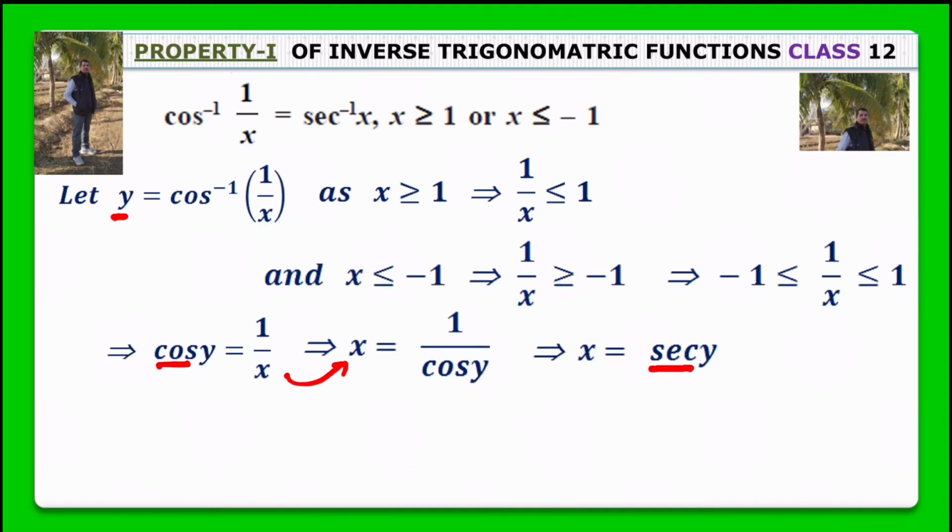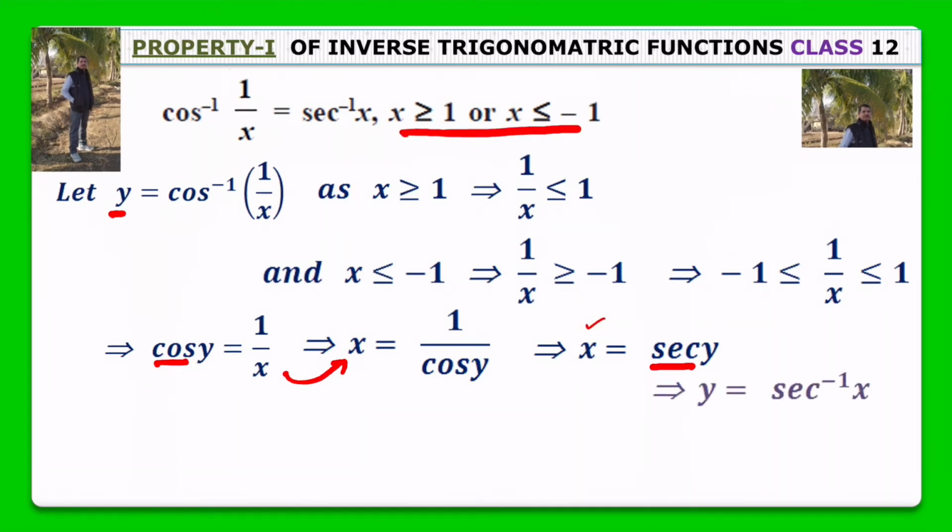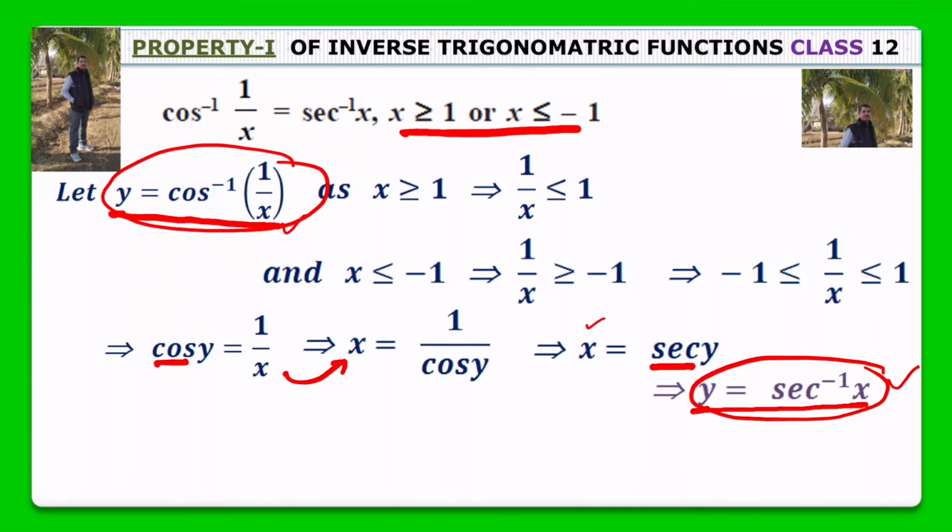Sec y, the value of x is equal to sec y. Now we can write it as y equal to sec inverse x. Means sec inverse x will be equal to the value y. So we observe that here the value of y is sec inverse x, and first we took that the value of y is cos inverse 1 upon x. So from these two we observe that